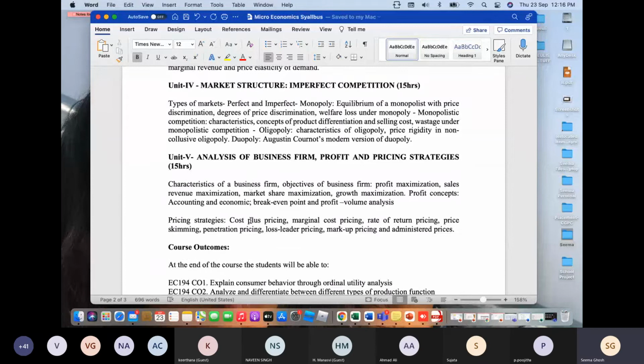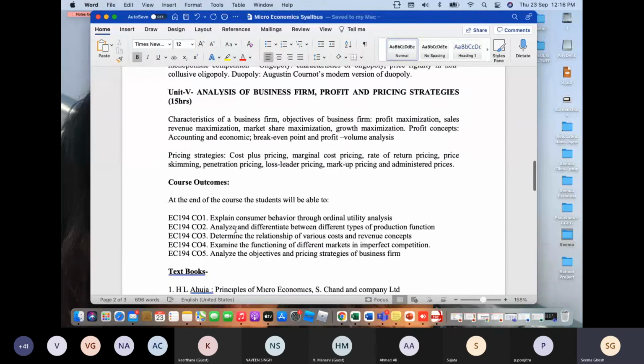Then unit number 5. Unit number 5, if you look into it, sorry students, we have to do the outcome. The outcome is that after reading that unit, the students shall be able to examine the functions of different markets in imperfect competition. It means very, very simple, students, that you should be able to examine the functioning. Because when you talk about examining the functioning, it means that you should understand, if you take an example of a product, or if you take an